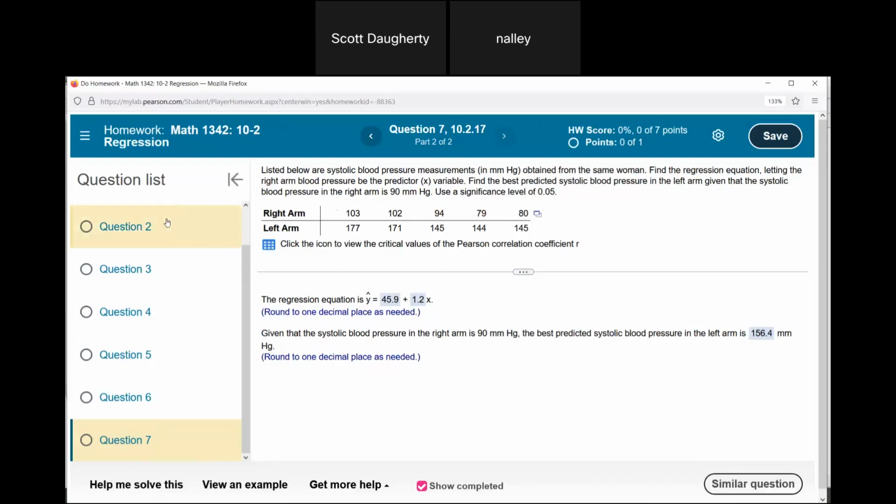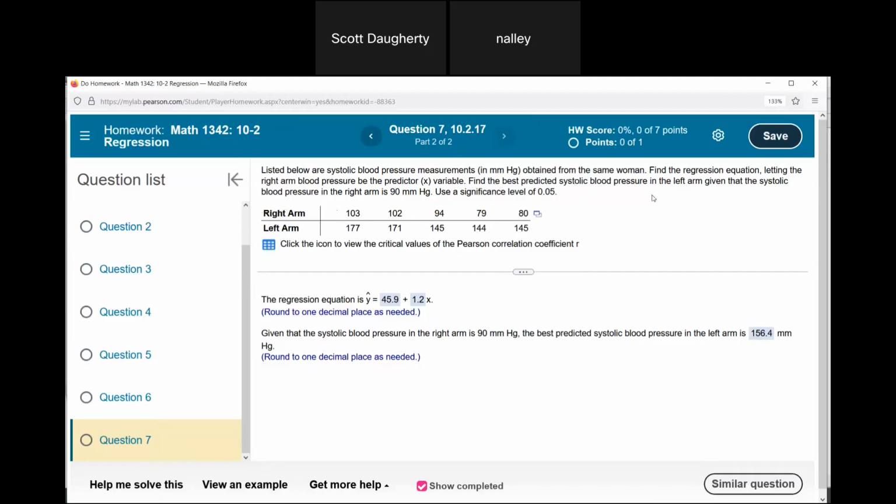So this is our sample, right? Our sample size is 5, but it's ordered pairs, right? Matched pairs. So it's bivariate data. I guess we'll call X the right arm and Y the left arm. And what they want to know is